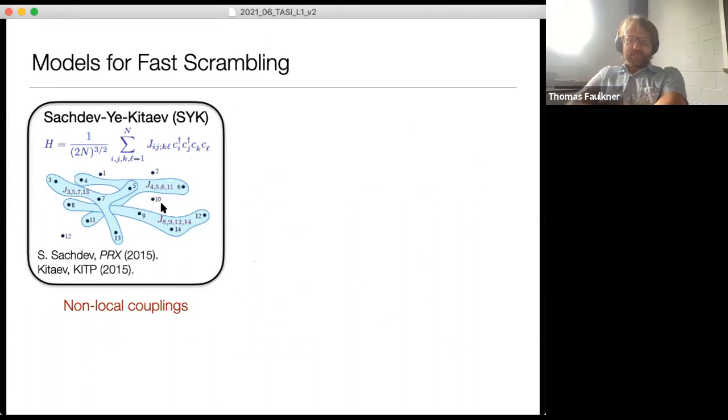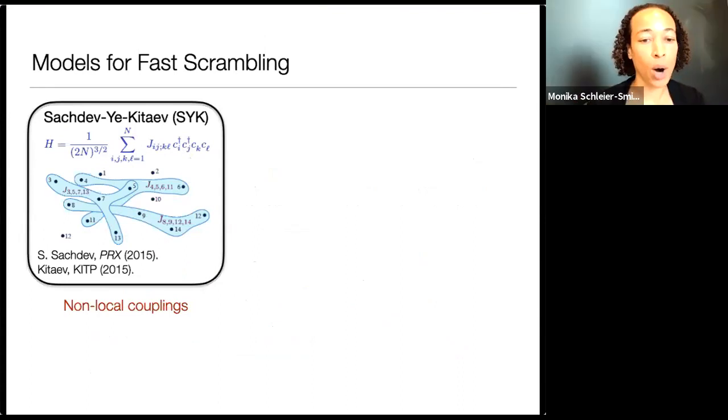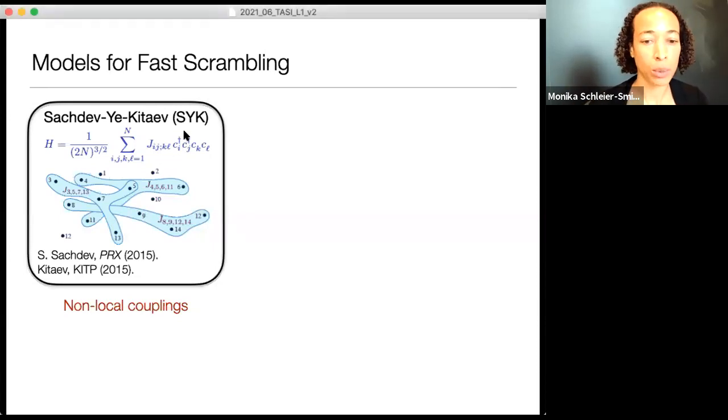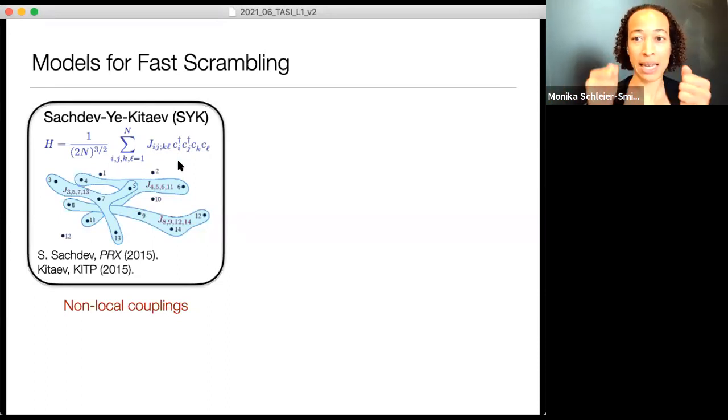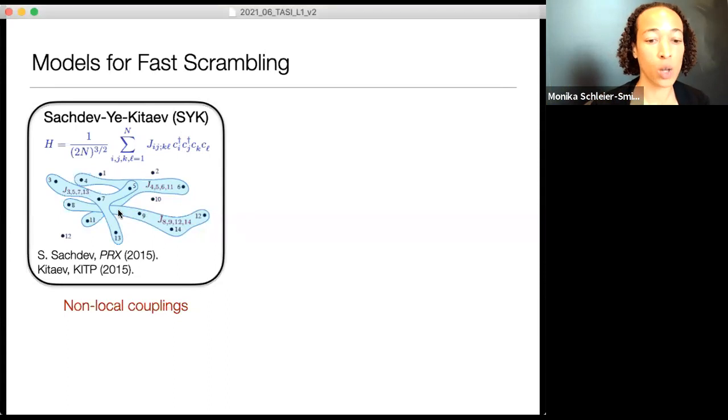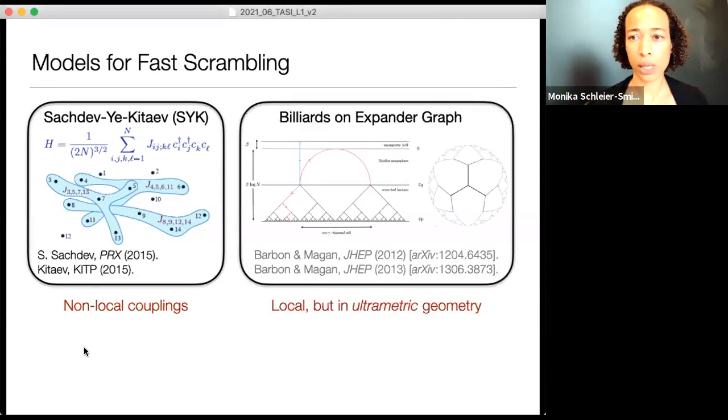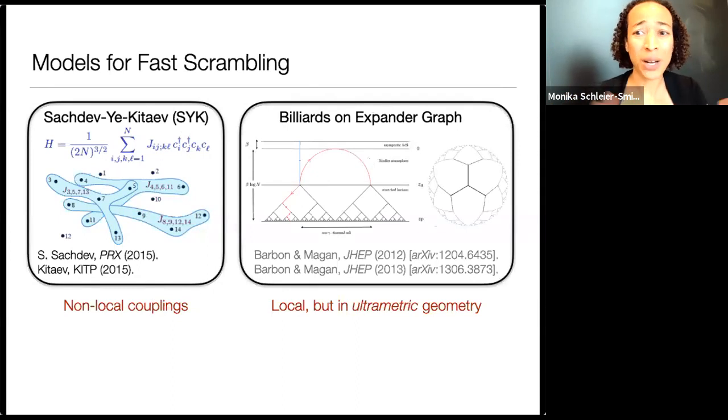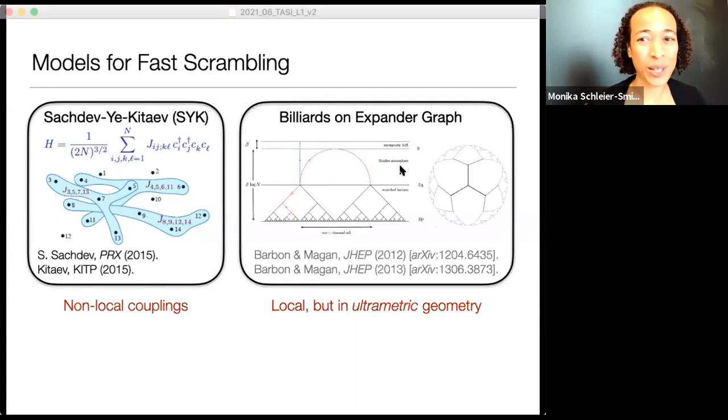Okay, so I'll just briefly say, this is some model where you have fermions that can hop in a completely non-local way. It's some correlated hopping of pairs of fermions. The key thing is it's not something like atoms hopping from nearest neighboring sites in a lattice. It's very non-local. Also, some of the earliest proposals thinking about trying to understand this concept of fast scrambling thought about toy models of, for example, billiards on a tree graph. So here things are local, but in a very exotic geometry, right? That doesn't look like a natural thing necessarily to realize in the lab.